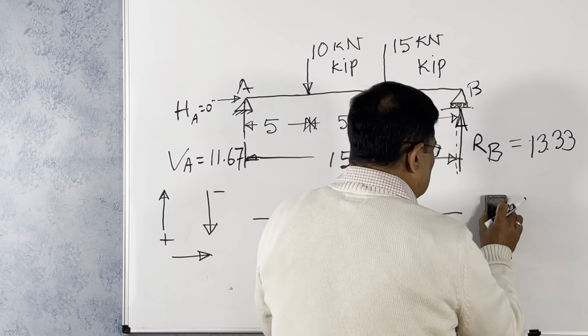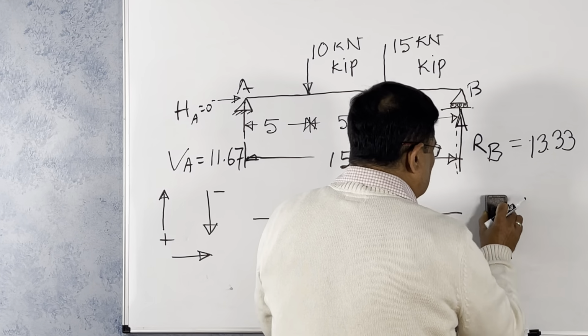Now let us draw the bending moment. We need this bending moment diagram because this is the connection between bending moment and shear force. I will show you. One thing you should always remember: when the shear force changes sign from positive to negative, this point